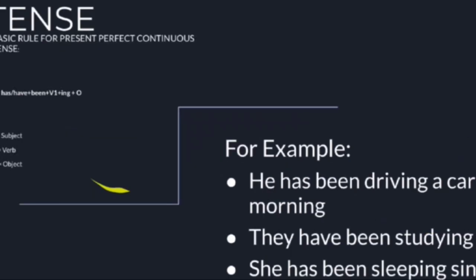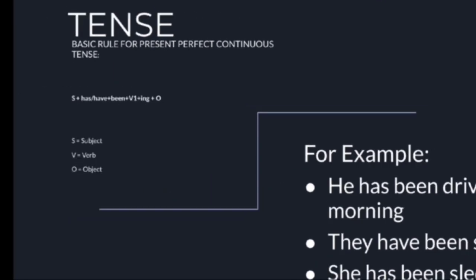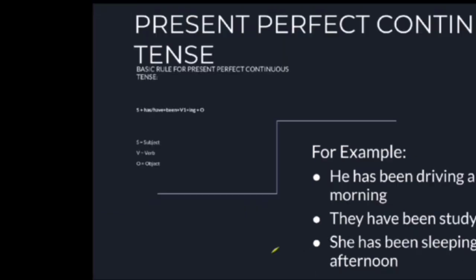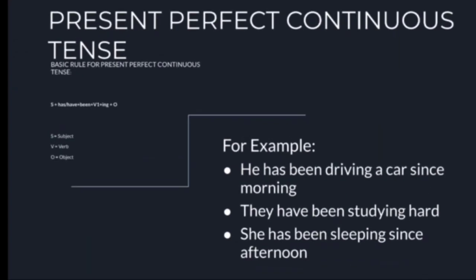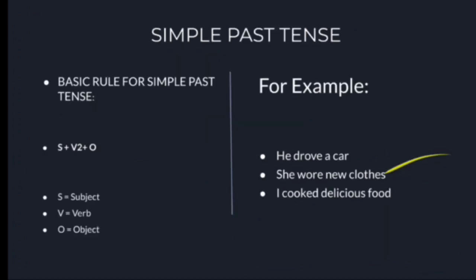Let's move on. Present perfect continuous tense. This is basically the combination of progressive tense and some past actions which have been running from the past. The basic rule for present perfect continuous tense would be subject plus has/have plus been plus the verb's ing form plus object. For example, he has been driving a car since morning, they have been studying hard, she has been